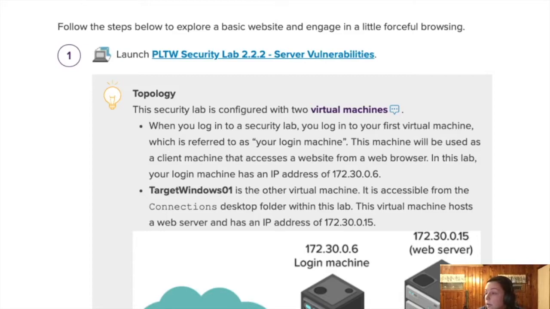172.30.0.6 is my login machine. Okay. Target window 1 is the other virtual machine. It's accessible from the connections desktop folder within the lab. The virtual machine hosts a web server. So the web server address is 172.30.0.6